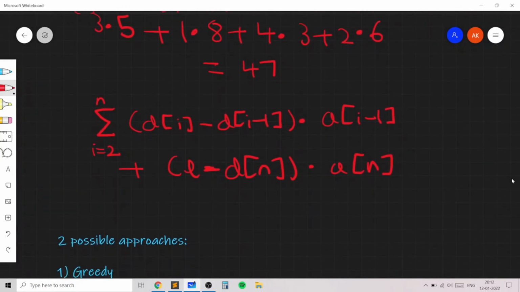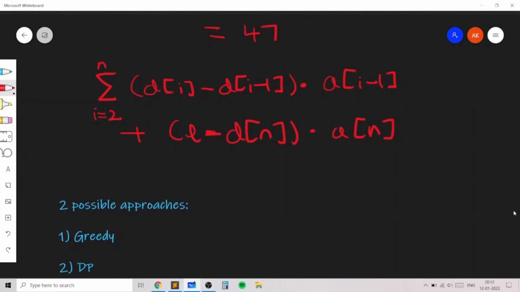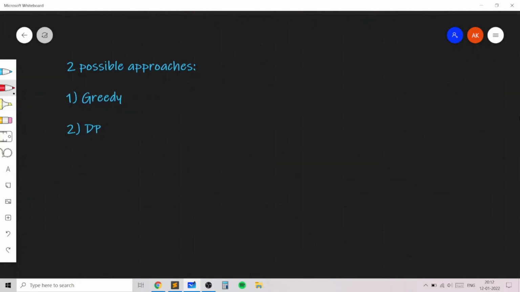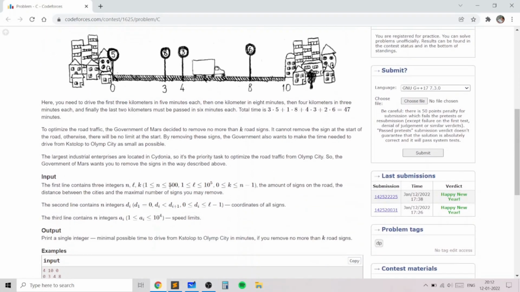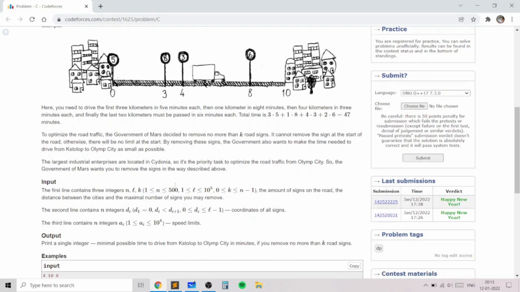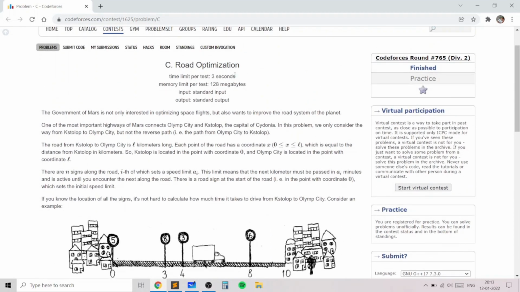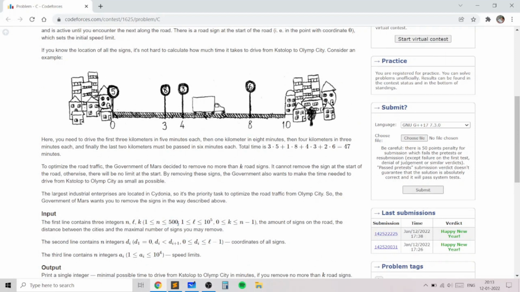However, another idea is a DP solution, and we need to figure out which solution is better and which solution basically will work for this problem. There are two reasons why DP should work. The first reason is the constraints are very low. Greedy will normally be O of n or O of n squared, and that's not the expected time. We have n less than or equal to 500 and we have 3 seconds. This means that n cubed will easily work in 3 seconds, and that is the intended solution.